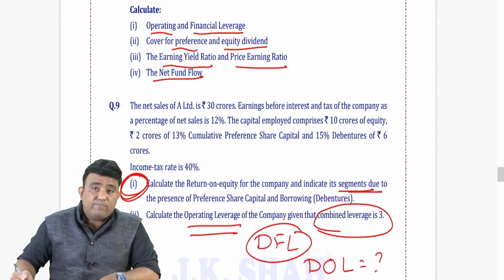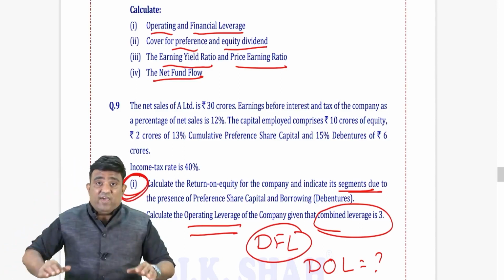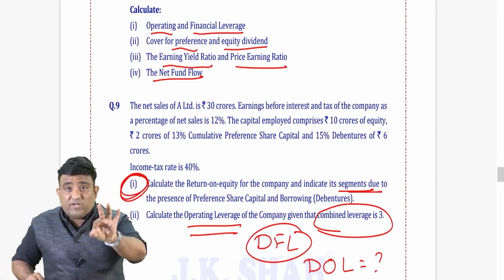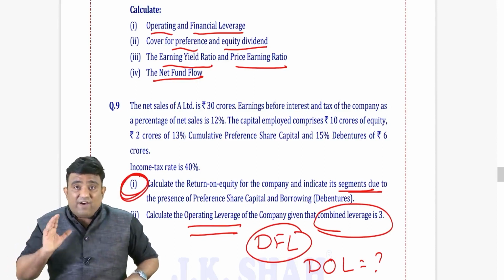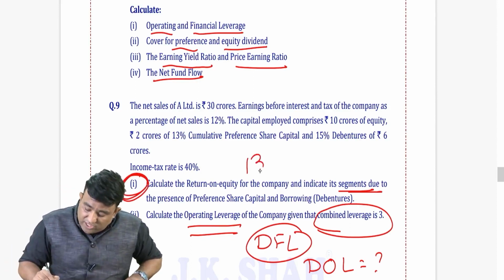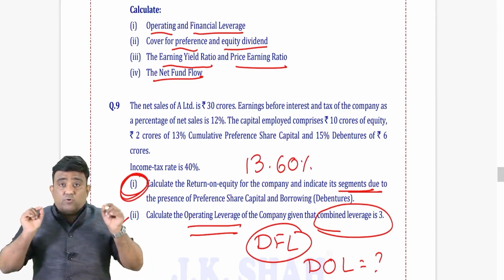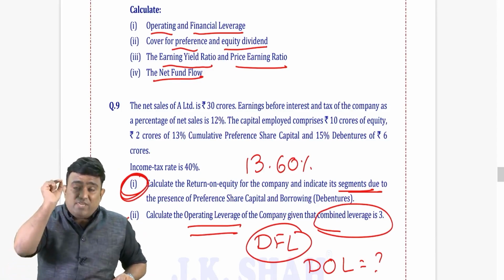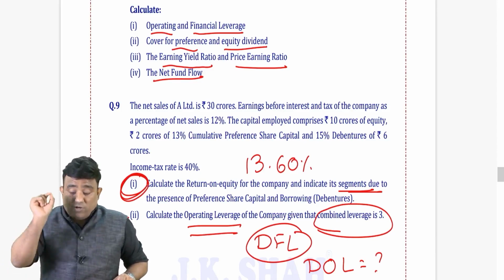But the big point is the first part. In this first part, you have to identify return on equity first. And when I say return on equity here, it is return on equity shareholder fund. And if you remember, the return on equity shareholder fund in this example is 13.6. Thereafter, you have to prepare an income statement starting with EBIT to EPS, not EPS but profit for equity, and thereafter comment